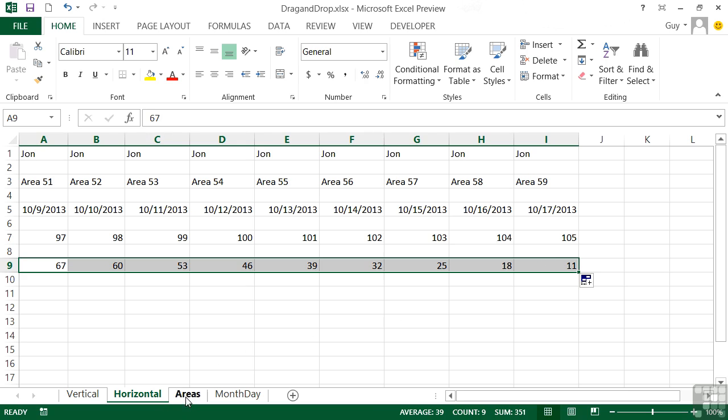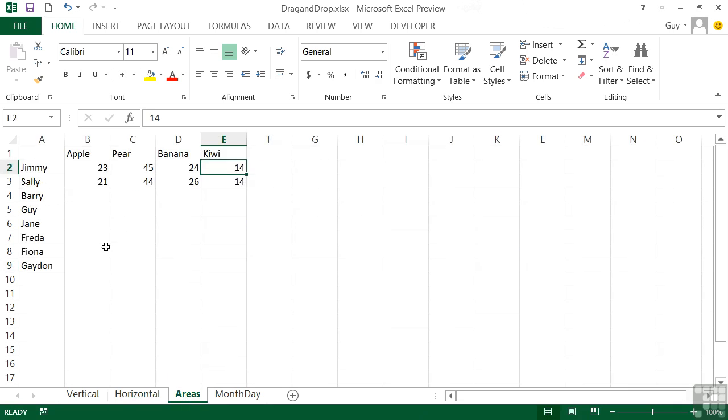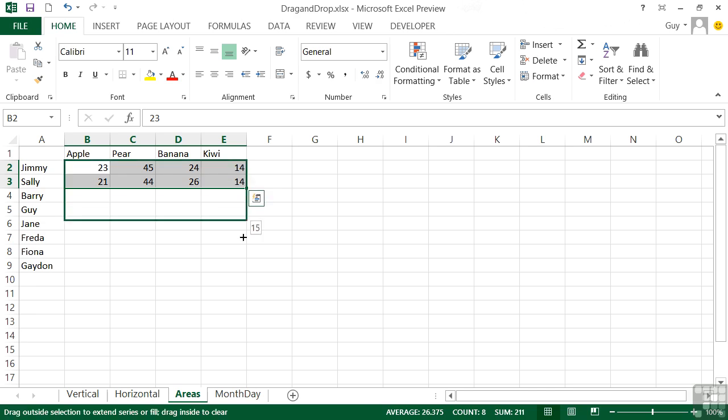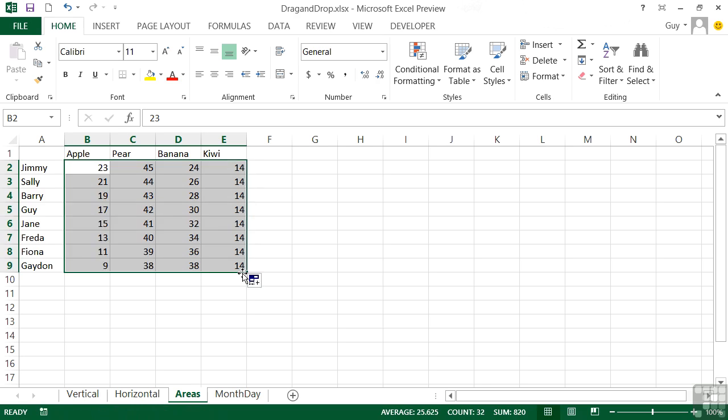Taking that cleverness a little step further, we can do areas. So we have here a little sample file. We've got 2 rows of information, apple, pear, banana and kiwi. And we've given the values for Jimmy and Sally's sales. Now if I highlight all 8 of those cells and then drag downwards, what effectively you'll see that it does